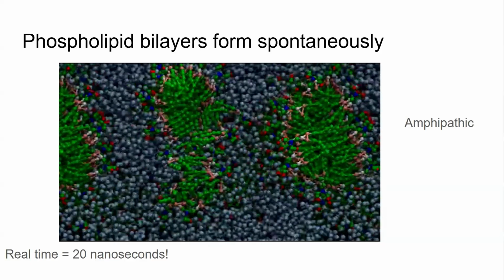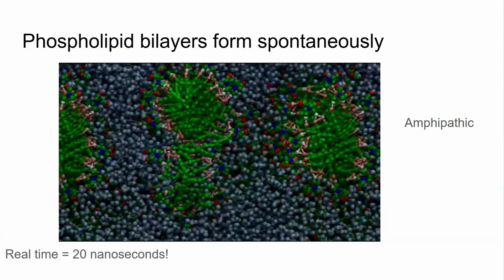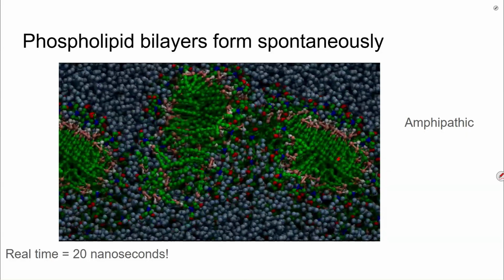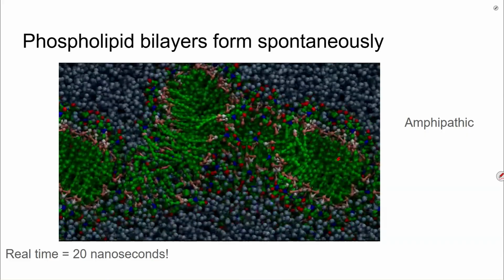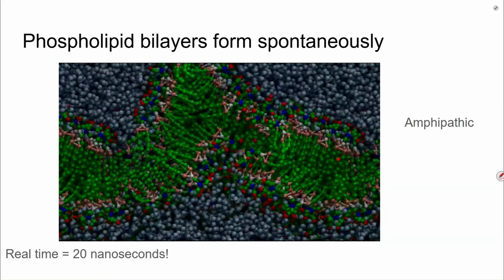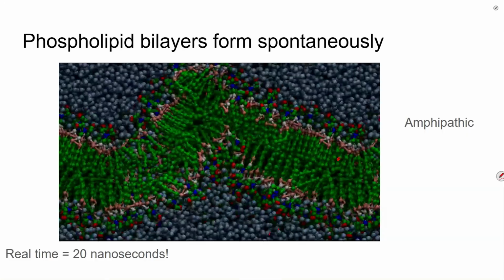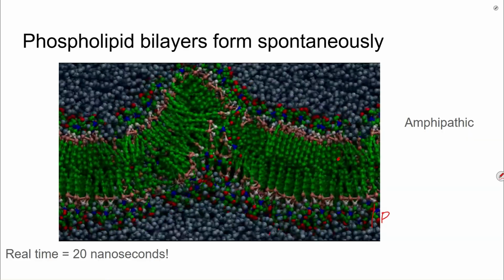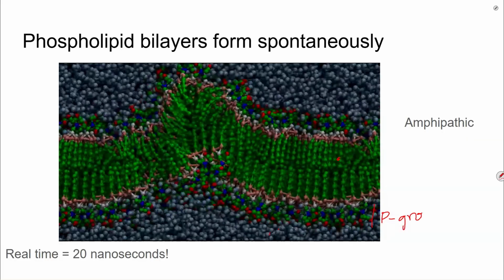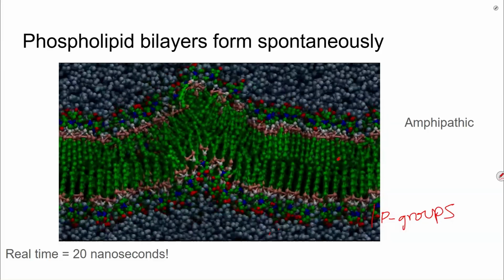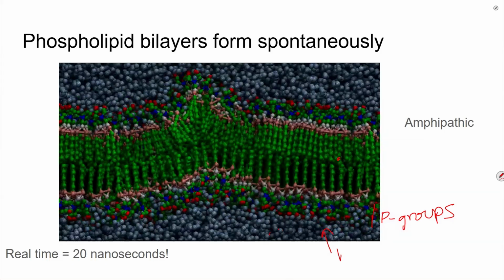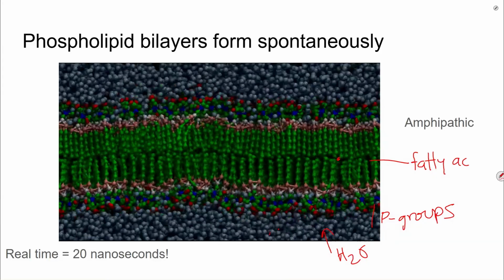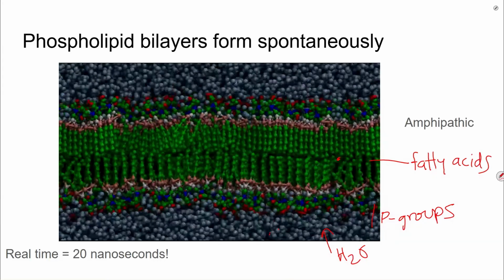What we're seeing is this sorting out. The fatty acids are starting to become more centralized, where they're interacting with each other more. These little balls out here that kind of look like blueberries to me, those are representing our water molecules. So we can see that these phosphate groups are starting to sort out to interact with the water. And here we have the fatty acids. Okay, and this is really important